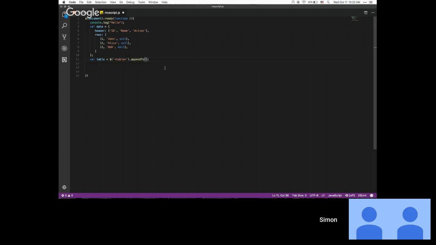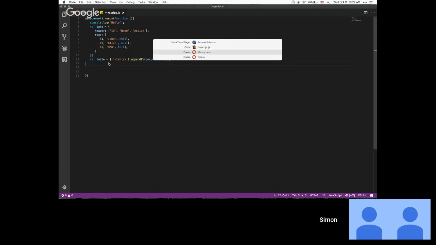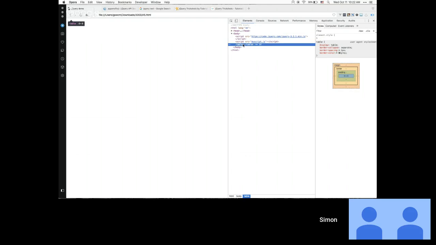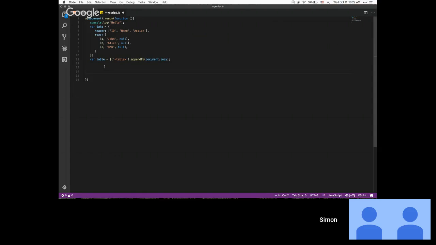So we'll use append to document body. As you can see, not only do we create a table object with no rows, with no elements, but we at the same time append it to the document body. Now, if we execute this code, the HTML markup will just contain an empty table. Here it is, our empty table. But the benefit for us is that now we have the variable table